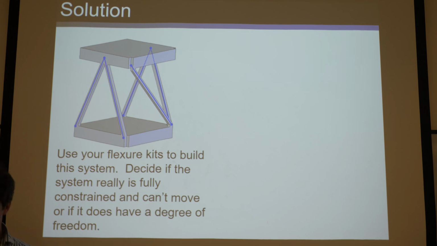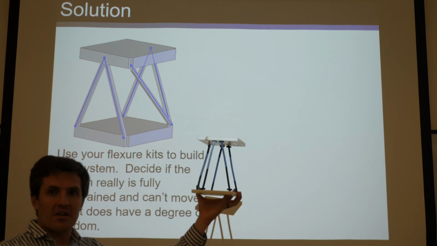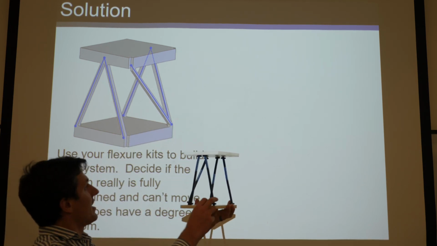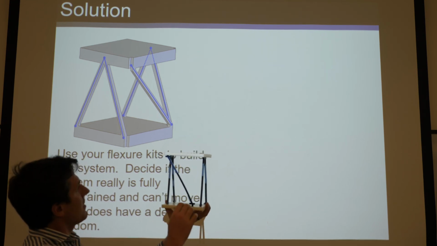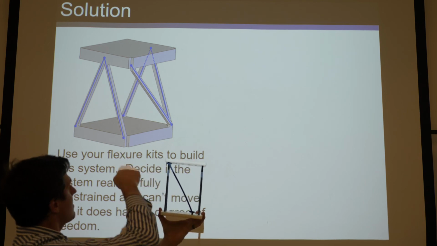Well, what you do is build this with your Flexure kit, which I just did here. Let's see if I did that right. Yeah. So here, as you can see, here's the angled beams, the two in the back. Here's the two